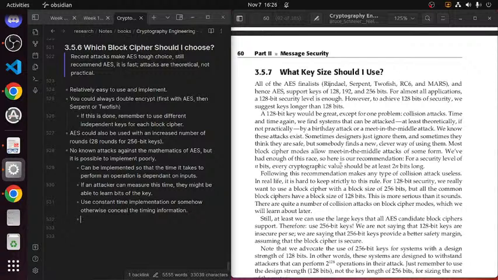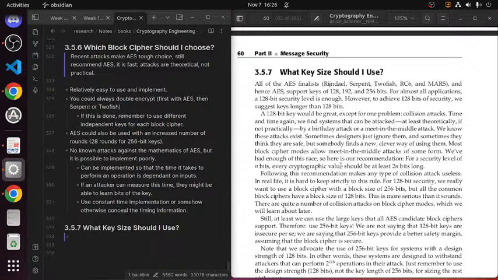So what key size should I use? Section 3.5.7. It's a long chapter. I've been doing this chapter for days now. All of the AES finalists, and hence AES, support keys of 128, 192, and 256 bits.